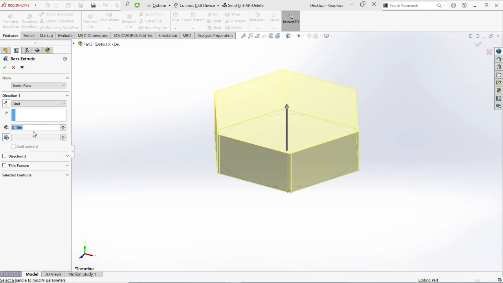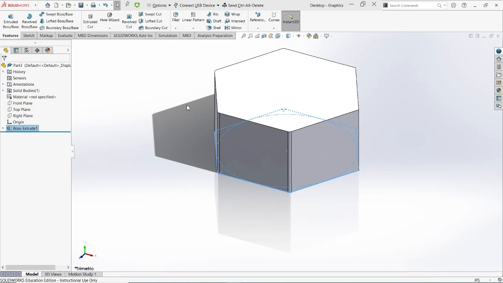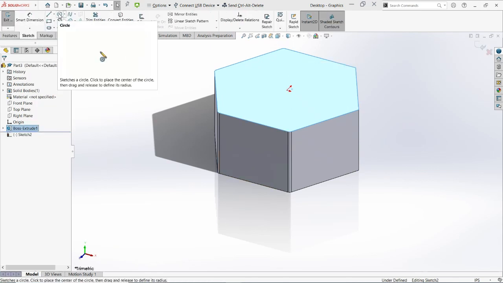Let's say 1/4 inch. Why not? That's a little bit big, so let's go 5/32. Looks about right. So now let's make another sketch on this top face. I'll select the top face, hit the sketch tab, sketch button,